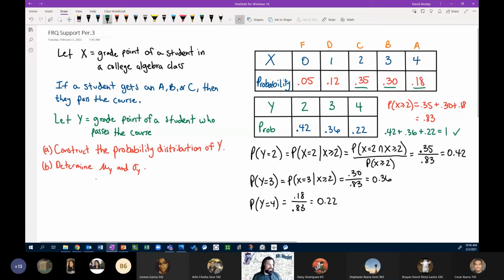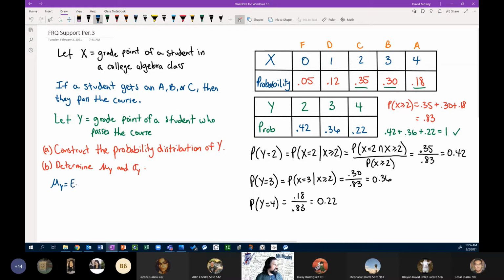Now, for the second part, determining the mean and standard deviation, there's not really a shortcut for this. This is just a regular discrete random variable. So we have to do the calculations. We got to push it through the calculator. All right. So for this one, we'll start with the mean. Right? When calculating the mean of y,